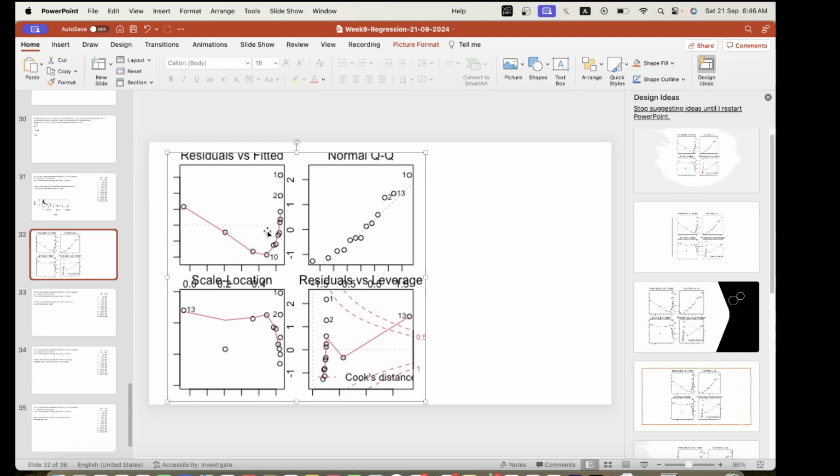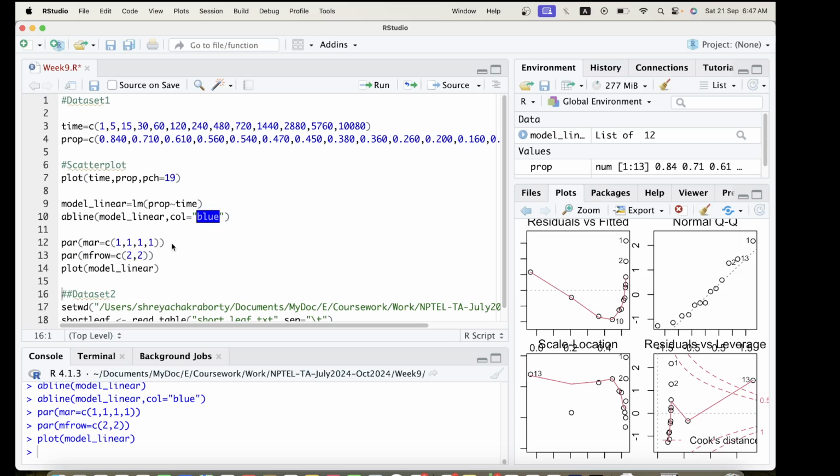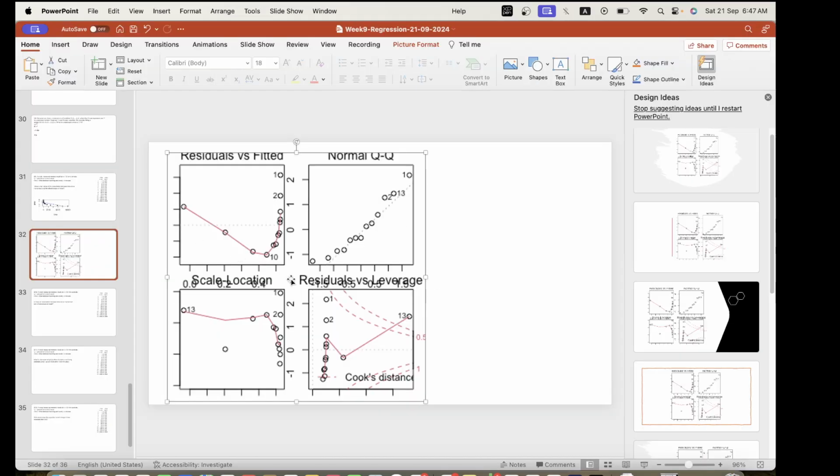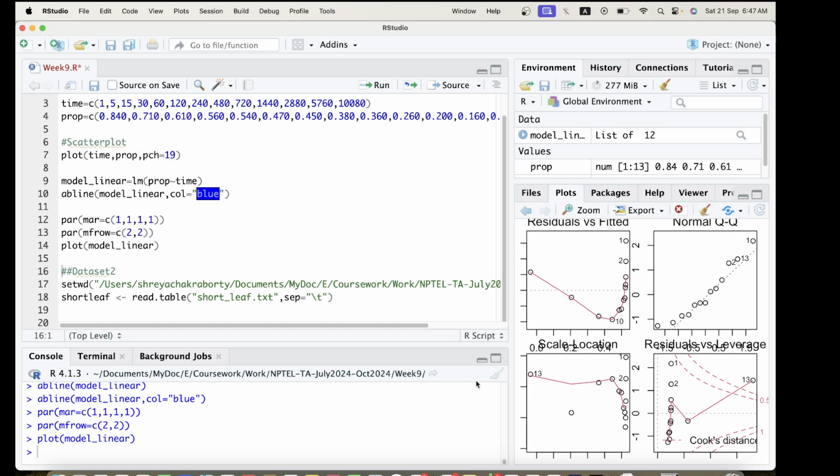It doesn't look randomly scattered about 0, and some sort of nonlinearity is seen in this residual versus fitted graph as well. So if we transform this variable